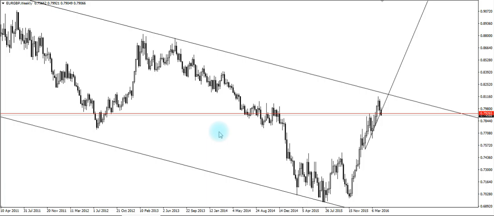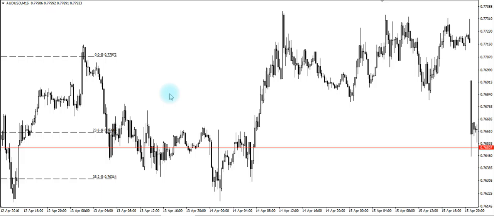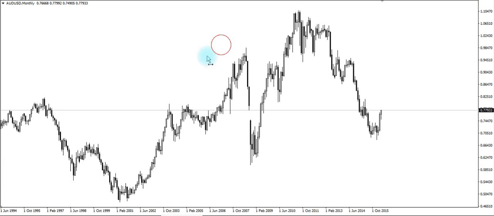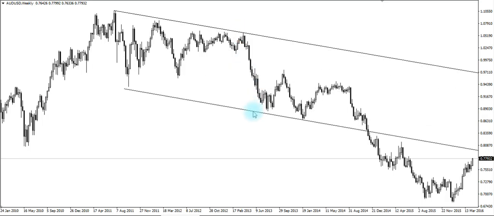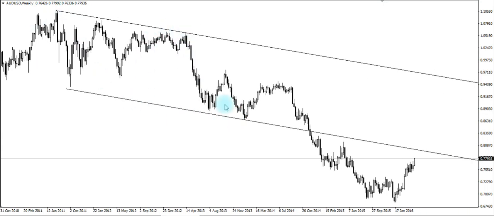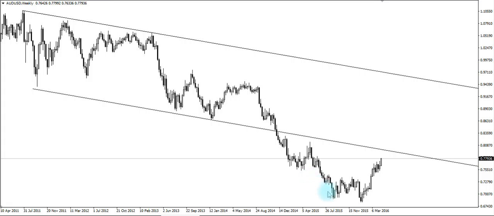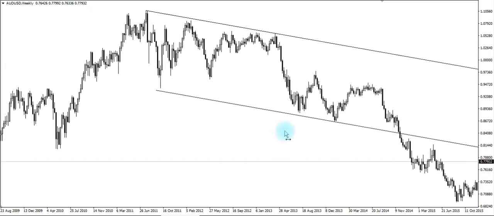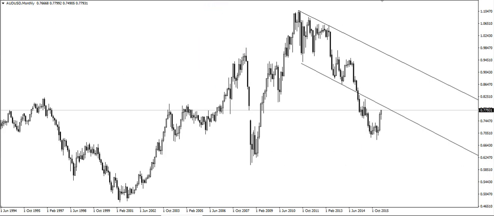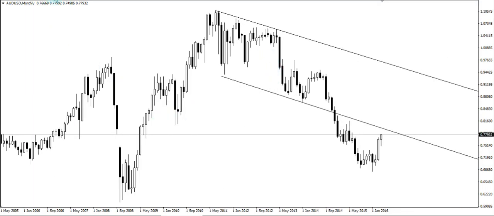And very quickly, I just want to touch on the Australian dollar against the US dollar. Let's take a look at the weekly charts. In the weekly chart itself, from here to here, in the past there was a falling trend channel. Price broke below, and right now it is about to come back to the bottom of the previously broken falling trend channel. Alright, that is pretty significant in the sense. And if I plot a line right here,